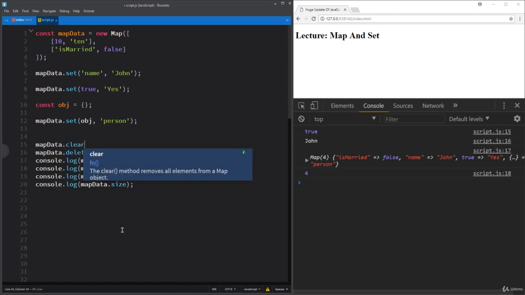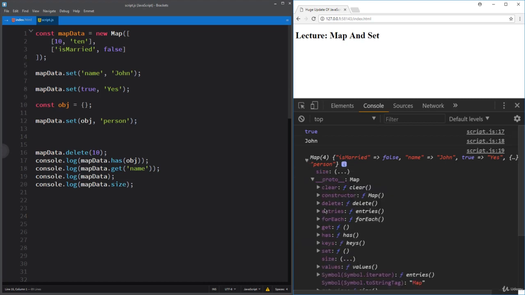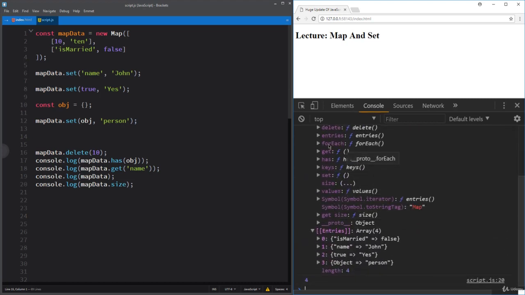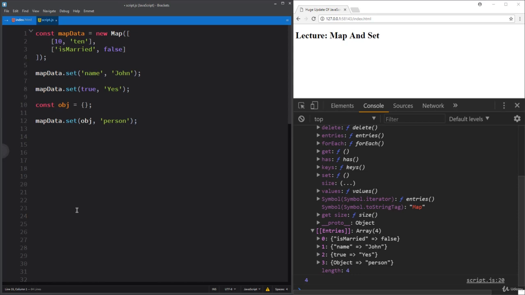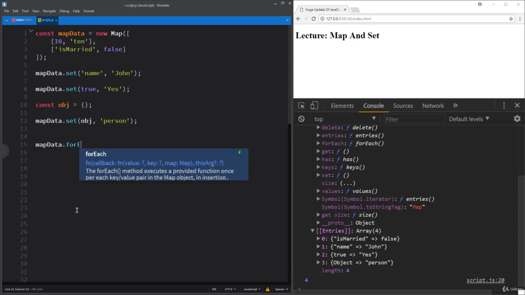So let's write mapData.clear, then reload, and you see that map is empty. Alright, let's delete clear method. And if we check __proto__, we will find here forEach array helper method. And I would like to note that this is the only array helper which we are able to use with maps. So let's delete this console.logs and use forEach helper with mapData, write